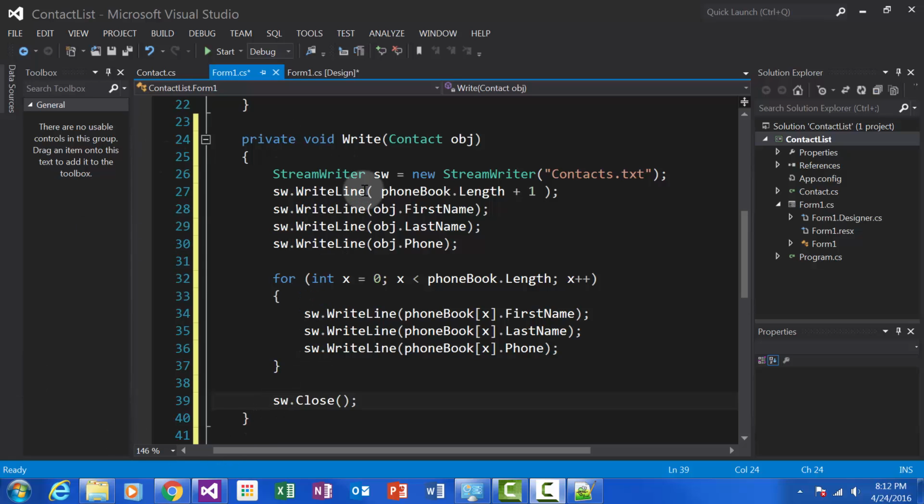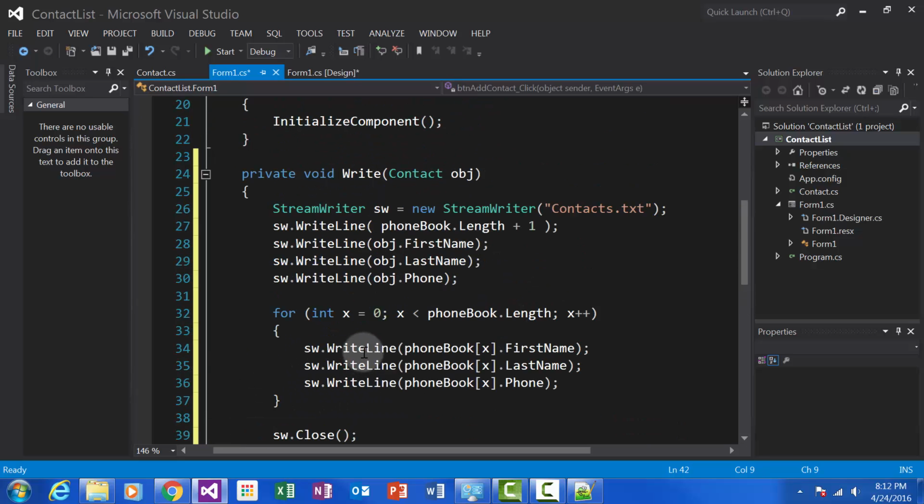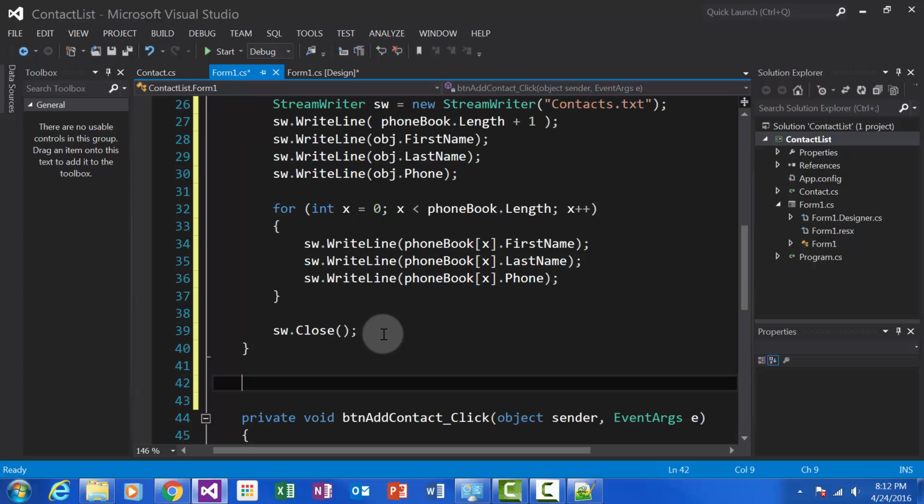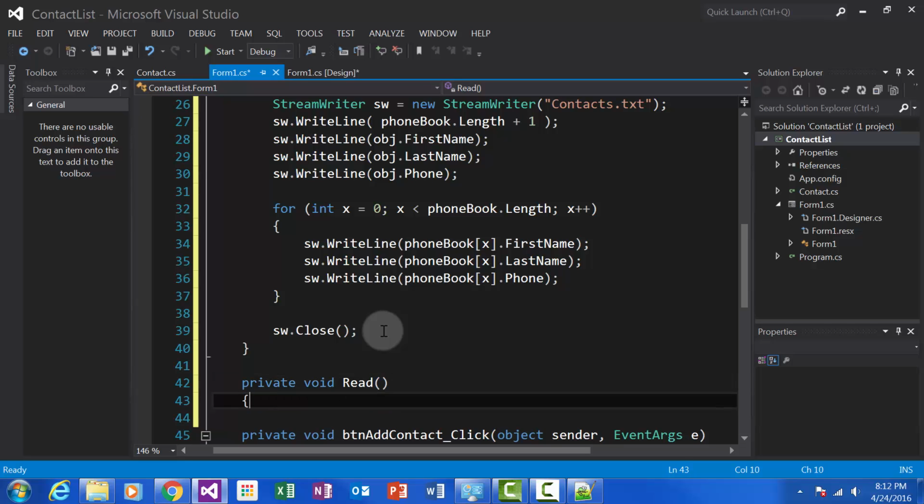Okay, so then the next function I would need is a read function, so I can read the text file and create a new array, right? But then what happens to the old array? Well, actually C# will take care of it. It'll get rid of the memory later on through a process called garbage collection, or the garbage collector, but that's something we don't have to worry about. So what we're going to do is create private void read, and our read won't take any